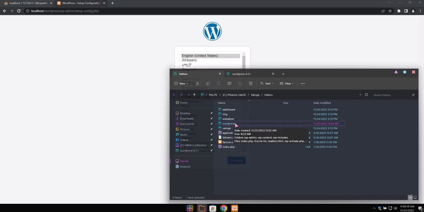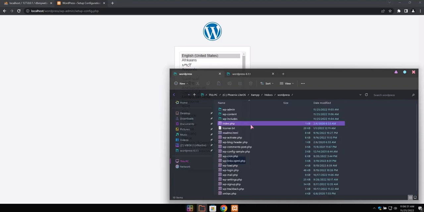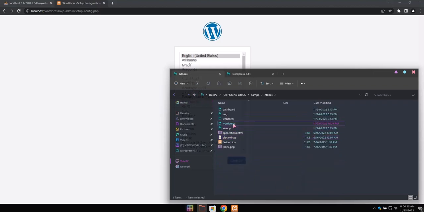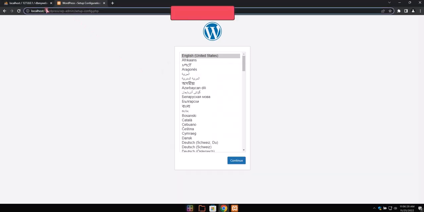This is the folder that we extracted earlier, as you can see. So whatever you name the folder is going to be this one. Okay, so we're going to access that folder